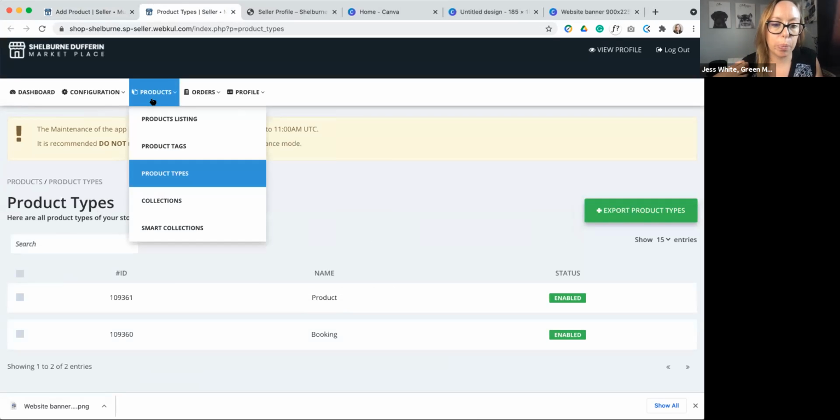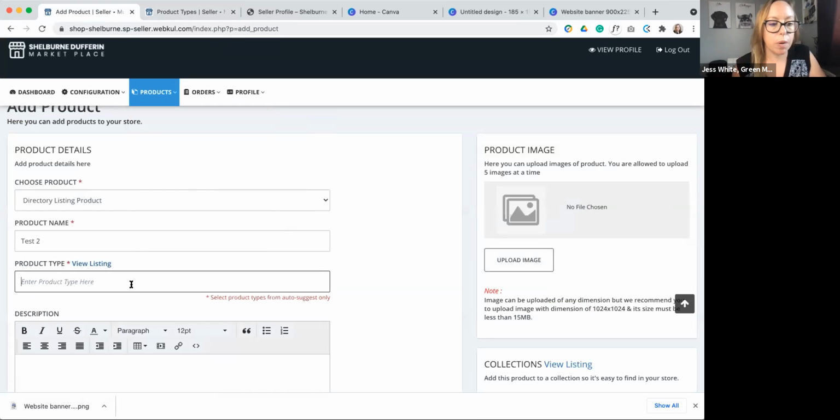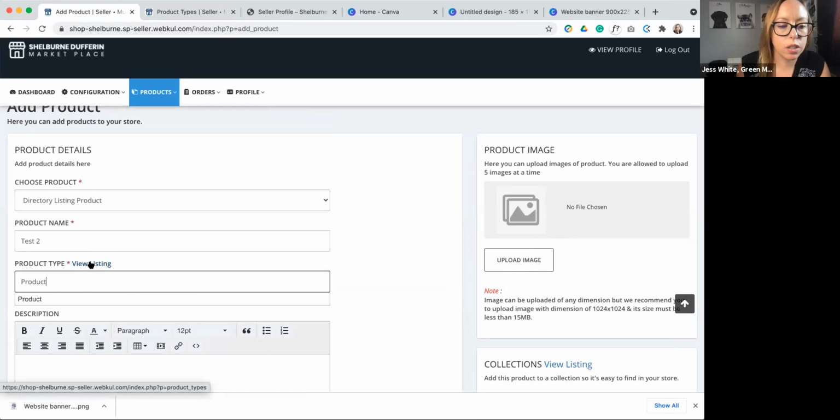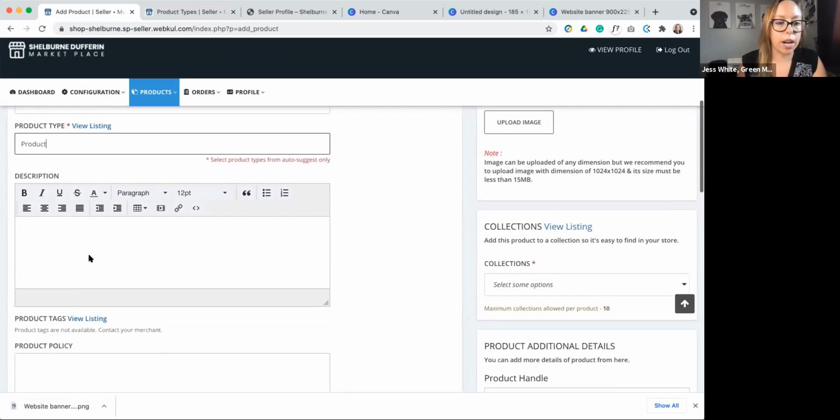So when it comes to product types, there's a product and a booking. So for this one, we're going to do product. So if you're not sure, you just click view listing and it will take you to that list. But you can also just click in and it will drop down for you. So we're going to click product. With the descriptions,